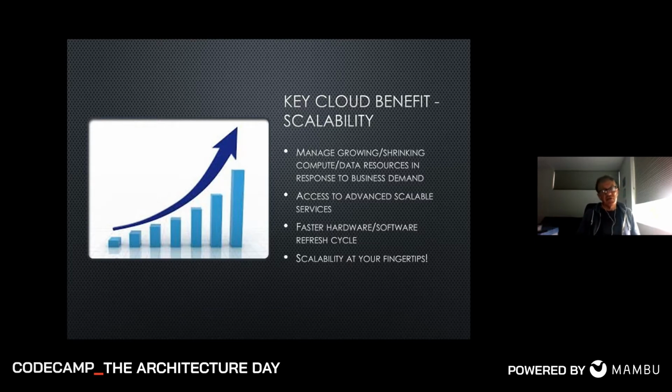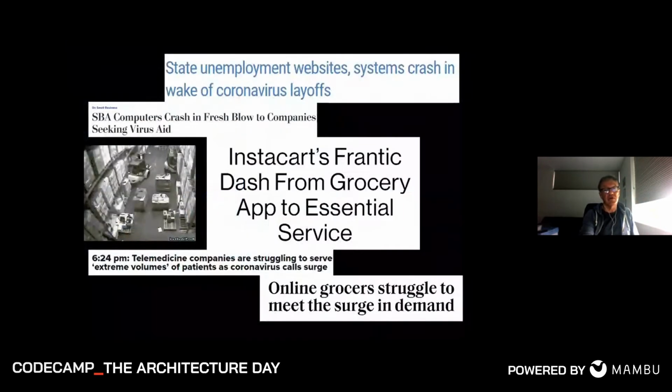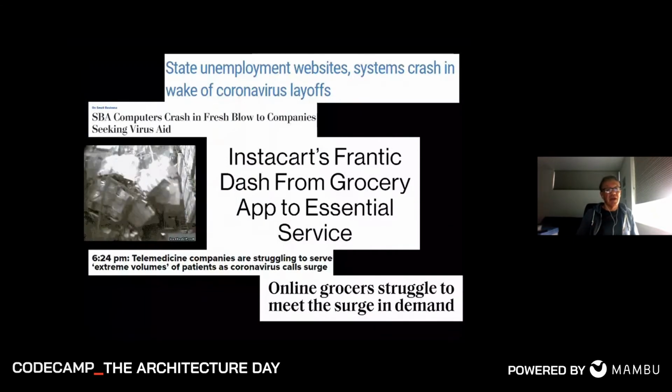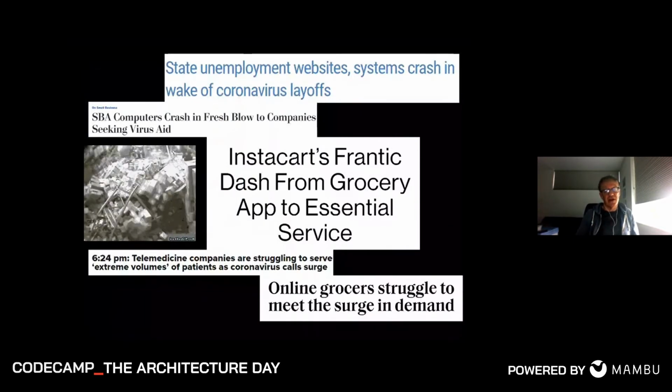Now, for most of us, scalability isn't the primary quality attribute we design for when we first build a system. We're really worried about just deploying useful functionality and keeping users happy. But in the lifetime of many, many systems, scalability becomes important. And this is because normally there's some sort of tipping point event. And we've seen one of these quite recently with coronavirus. I know here many websites crashed.